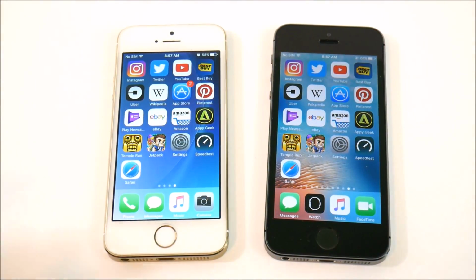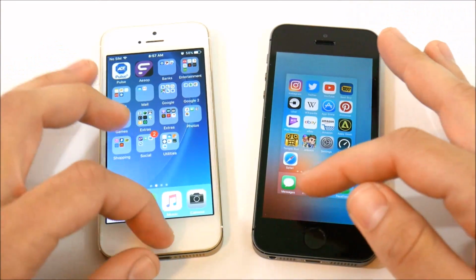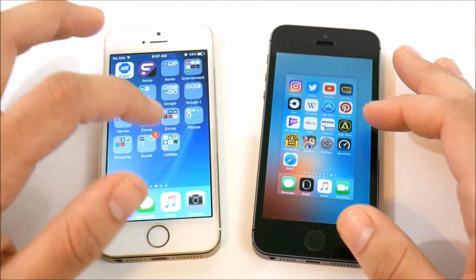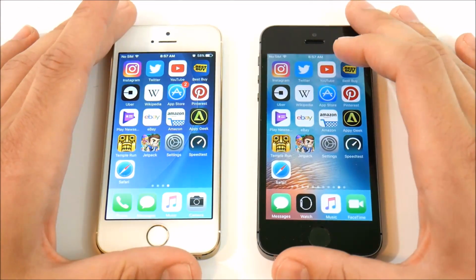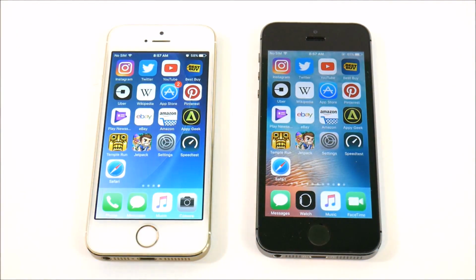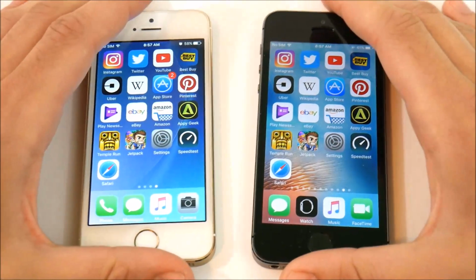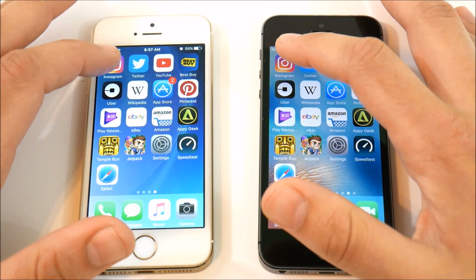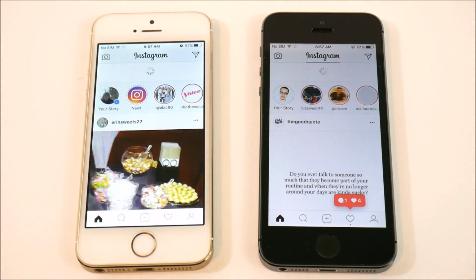Now we're going to do what we always do for this test: close everything out and run a simple real world speed test where I lined up the same exact applications on both devices, and both devices are connected to the same Wi-Fi network. Let's begin with Instagram. Both devices are lined up, and let's go. You can see Instagram is ready first on